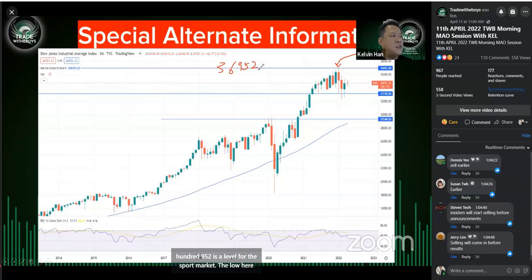36,952 is the level for the spot market. The low here itself is 33,150, all right? So this is your range. So if you do the same thing and do a minus X, you actually come down to here, which is